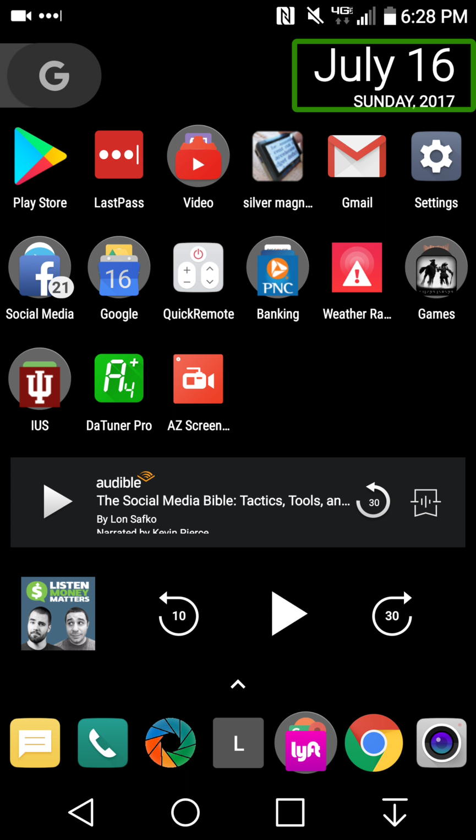To pull down the notification shade, on my LG G5 here, I do have this other button down at the bottom of my screen that pulls down the notification shade for me. A lot of Android phones don't have this feature. This is exclusive to LG phones. And I really like this feature. But if you don't have that feature,